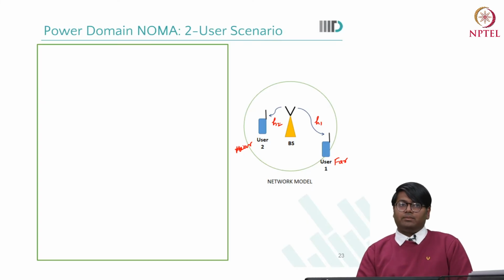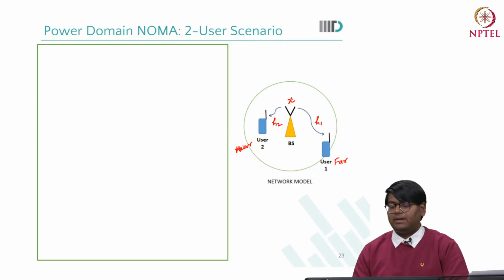In case of power domain NOMA, different powers are allocated to the different users. Now at the base station, power domain NOMA utilizes superposition coding, meaning the symbol which is transmitted from the base station is a superimposition of the messages intended for user 1 and user 2. Let's say the message for user 1 is x1 and the message for user 2 is x2. Then at the base station, the signal which is transmitted is given by